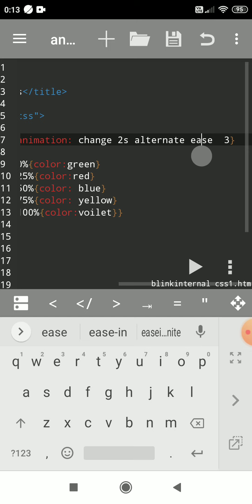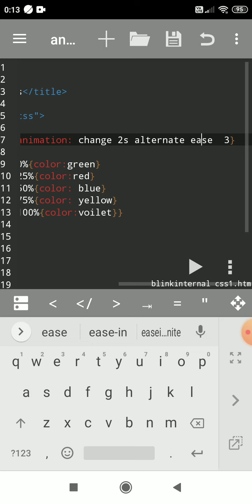You can use many animation functions here, like ease, ease-in, ease-out. Ease means the animation speed is slow while starting and fast toward the completion of the cycle. We'll see ease-in, ease-out, and ease-in-out one by one afterwards.